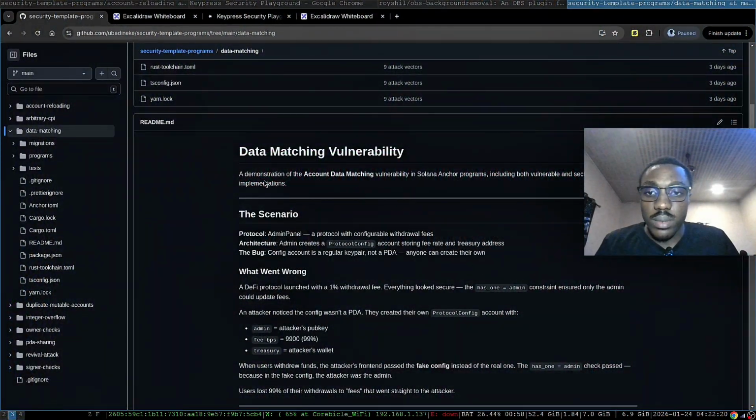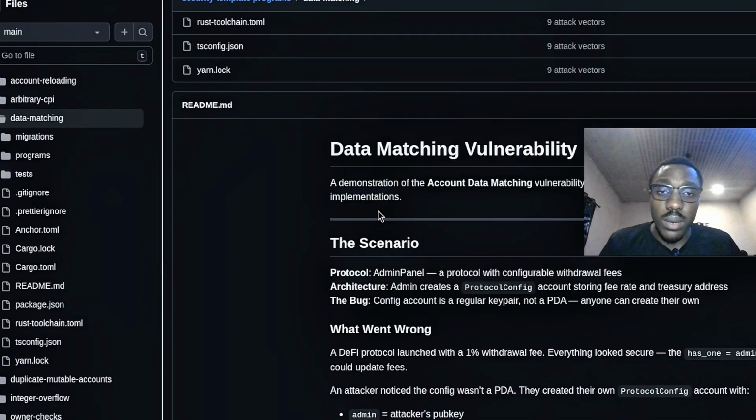Account data matching vulnerability. On Solana, programs don't fetch accounts by themselves. Instead, users provide all the accounts the program will operate on. This means that your program must verify every account passed in that it's exactly the one that you expect. An account matching bug can happen when a program checks that an account exists but doesn't check if it's the